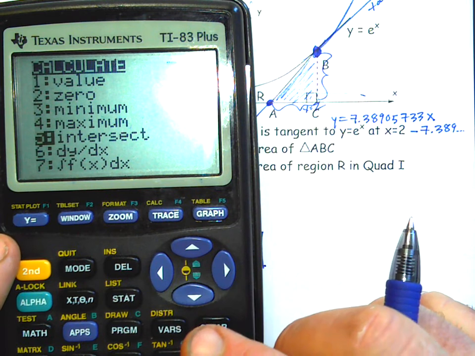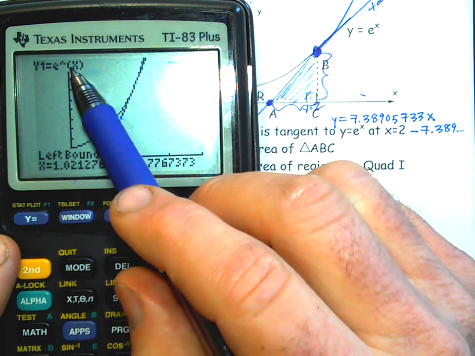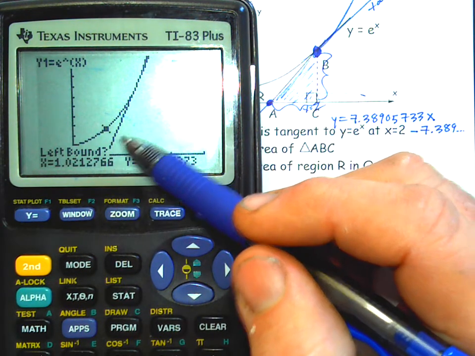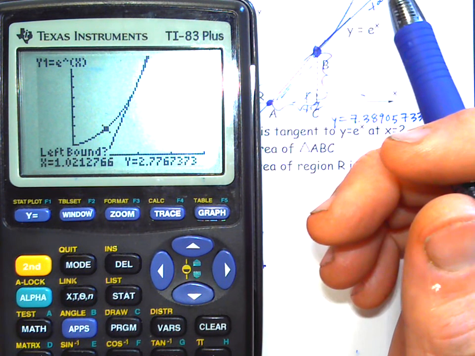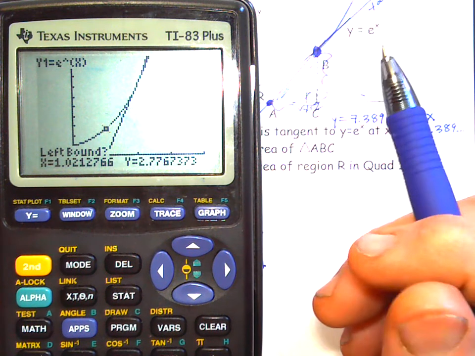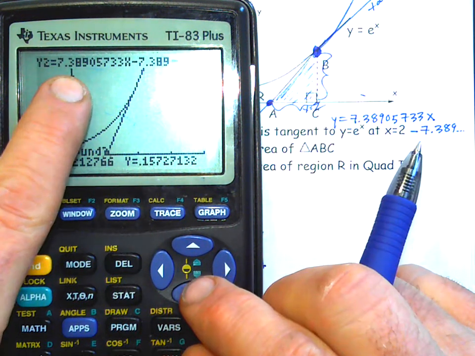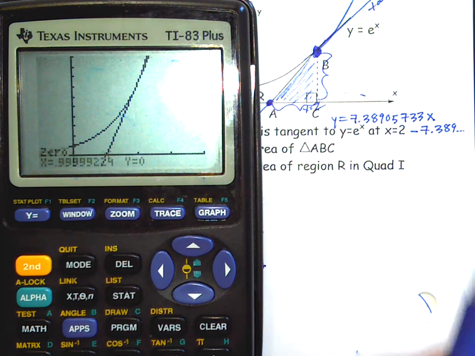Number 5 or number 2. I was trying to find it, but it goes by default to y1, which has no x-intercept where I told it to look for it. That's what happens if it doesn't have an x-intercept. It says error, no sign change, because it's looking for the function to change from positive to negative to indicate an x-intercept. So we have to make sure we're on the correct equation, and then say 0 to 2, guess 1,